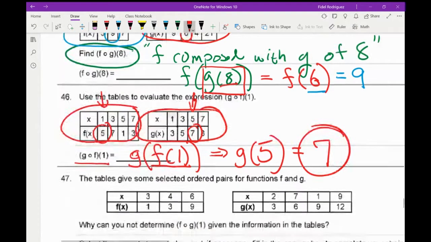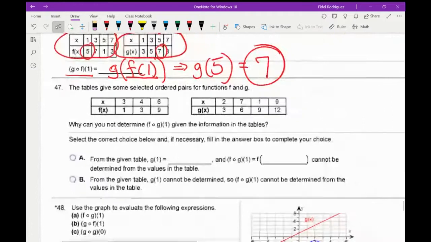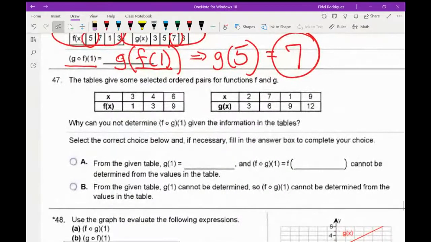All right, so let me check out 47. Okay. So 47 says, same type of problem, and it says the tables give some selected ordered pairs for the functions f and g, and it says, why can you not determine f composed with g of 1 from the information in the tables? Okay, so let's see if we can figure this out. It's telling me that we can't figure this out. So remember what this means here. This means I'm going to find f of